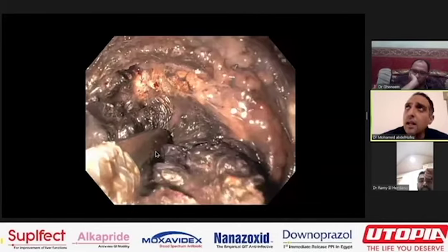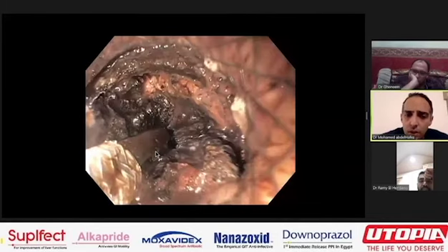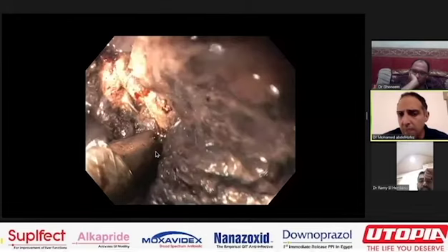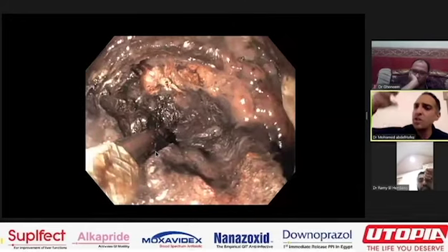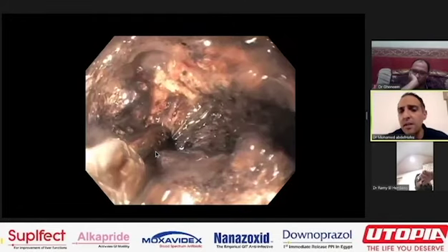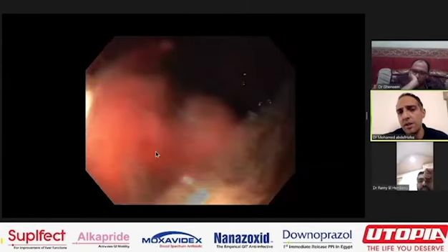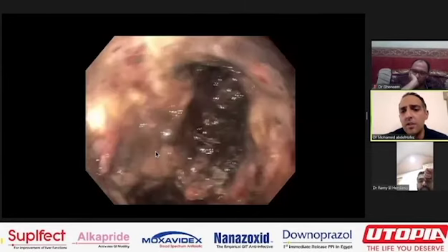Do I like it? Sometimes I feel it is very useful, especially if the necrotic tissue is very muddy. I call it good necrosis and bad necrosis. Good necrosis, you can just remove big bulks from it. And bad necrosis is something like what we see now. It is more like mud. You can't really catch it. Here, after we finished it with EndoRotor,